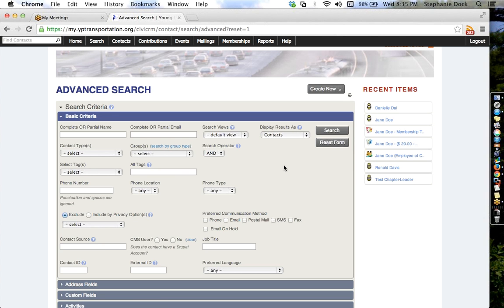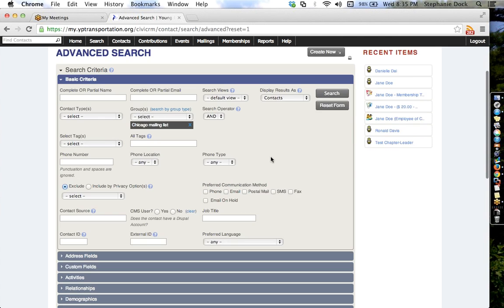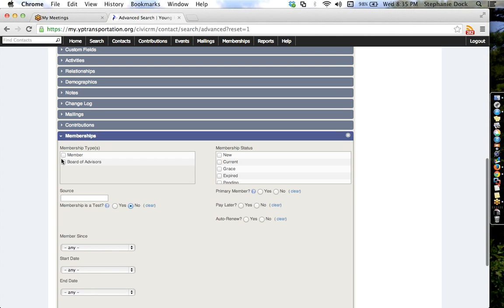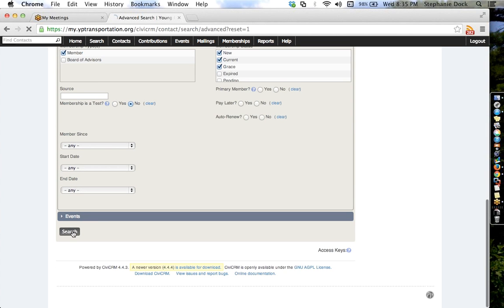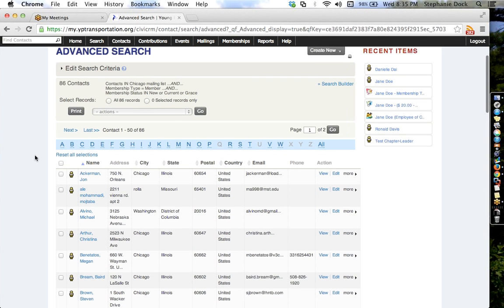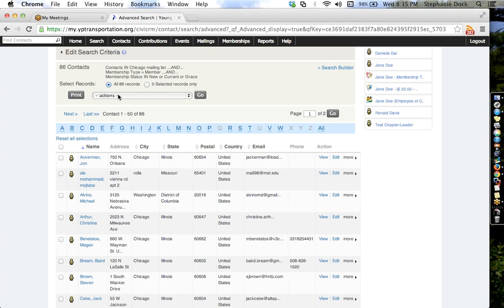So in that case, if you're emailing both groups separately but it's happening around the same time, I would start by emailing your members. So in that case, you might be mailing the entire mailing list, right? Because you don't care where in the country they're a member, you just want them to be a member. So if you were to do member, new, current, grace, because the grace members still have access to everything and are hopefully going to pay again. So if I did that search and had the 86 contacts come up here,